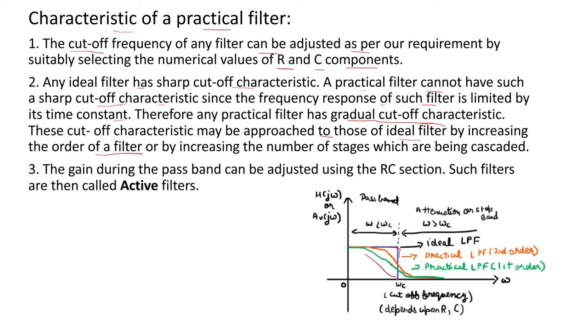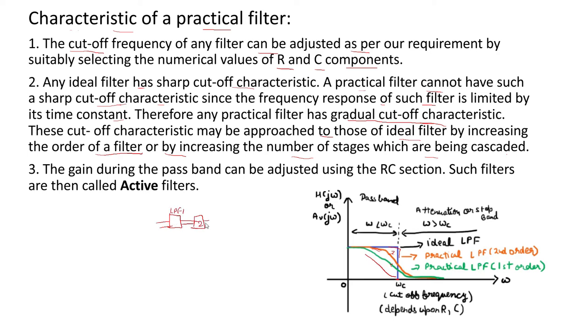See, this green one is the first order practical filter, and on increasing its order we are approaching the ideal one. This can also be done by increasing the number of stages which are being cascaded. We have seen how cascaded networks work. So if we increase the number of stages, like this is our low pass filter 1 and this is our